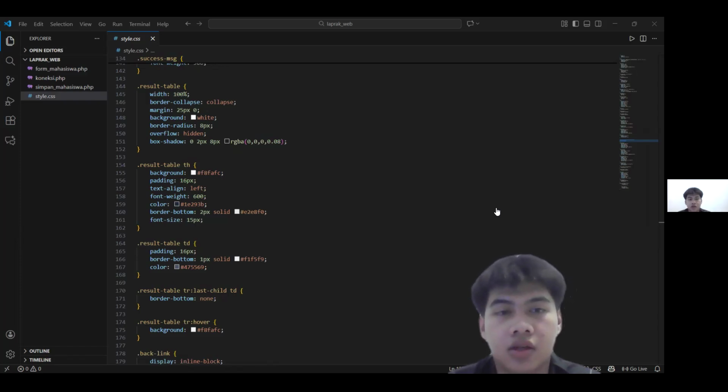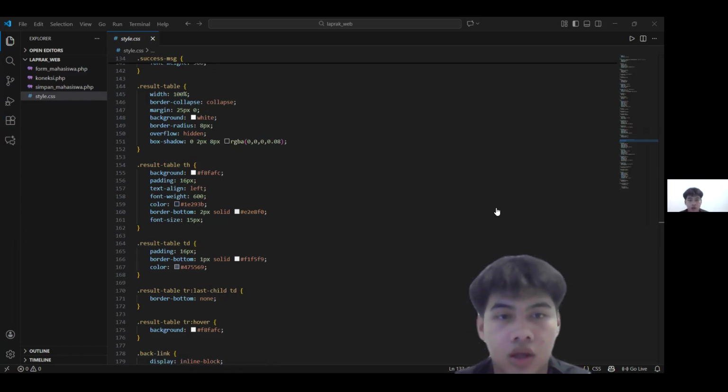The design uses a responsive container with blue headers, fluid inputs, and hover effects for better user experience, like professional forms on university portals. Pause here and imagine running it. Open your browser to localhost form mahasiswa.php, and you're greeted by a sleek input data mahasiswa header.